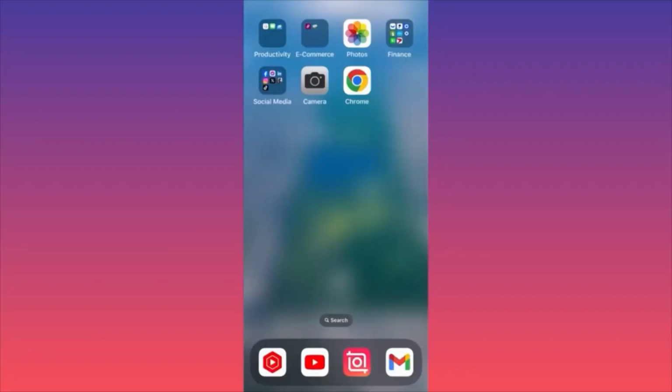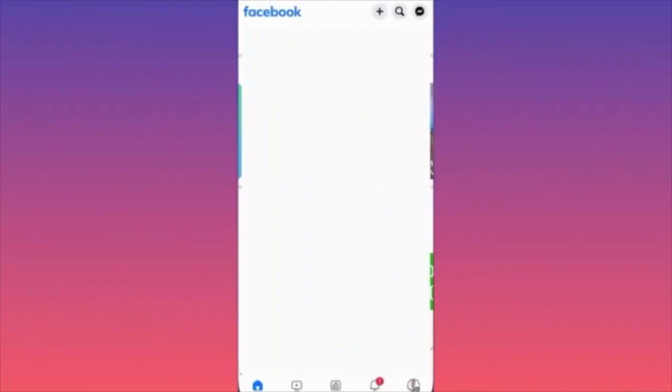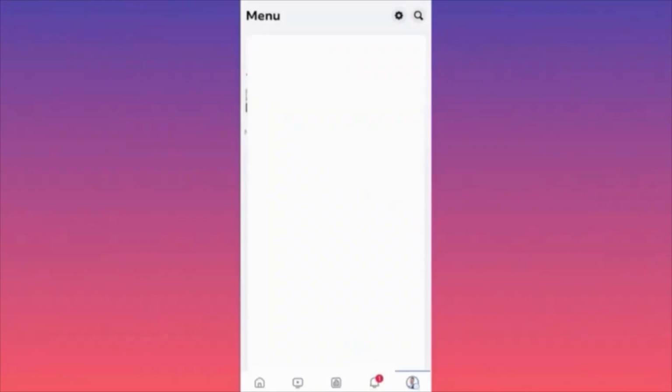Hi guys, in this video I'm going to show you how to delete your Facebook account on Android and iOS. Let's dive in. First of all, you want to launch the Facebook app and then you want to click on the lower right corner where you have your profile image. Then you want to click on the gear icon on the top right corner